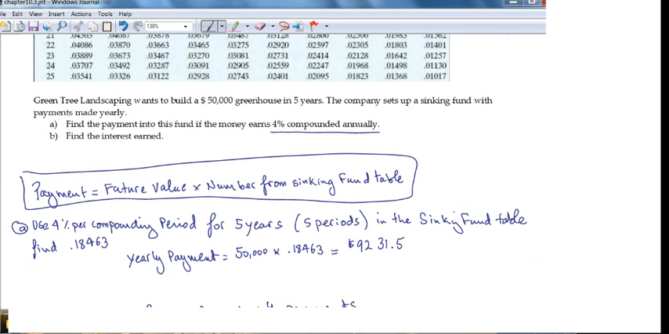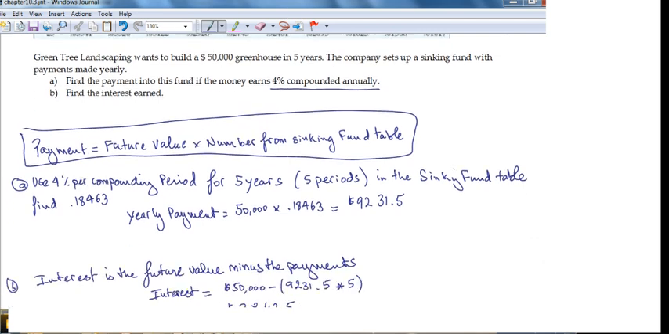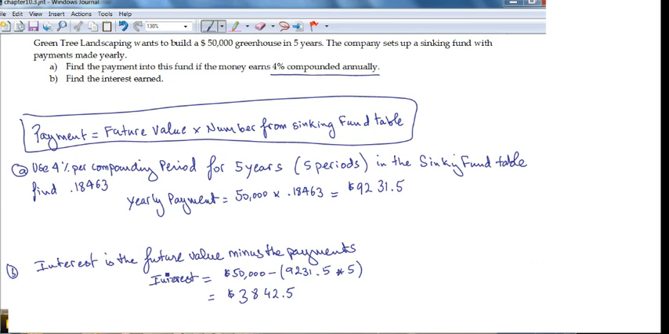And now the second question is to find the interest earned. The interest is the future value minus the total of the payments. So if they need 50,000 and they make payments of 9,231.50 for 5 years, 5 times, so just multiply these two numbers. Let's see what that gives us. 9,231.50 multiplied by 5, that's